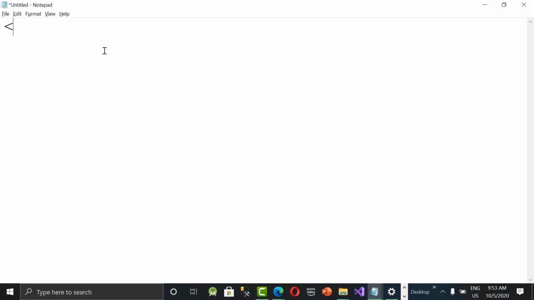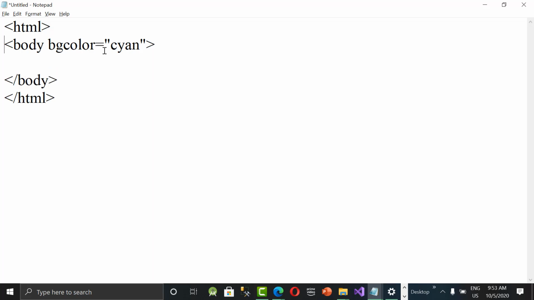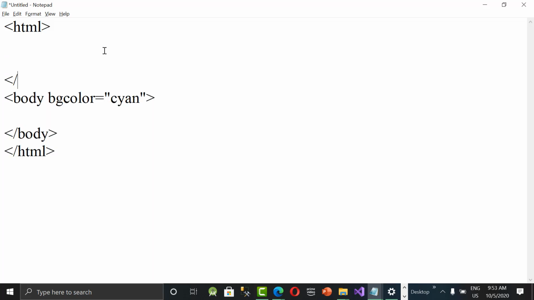So HTML open close. In between, what we are writing: body tag, bgcolor is equal to something like cyan, I'm giving, slash body. And here head tag open and close.